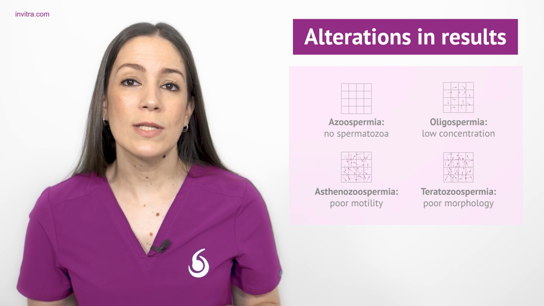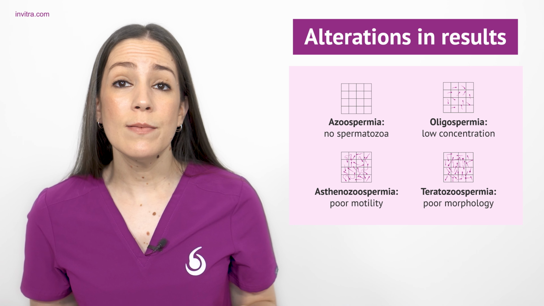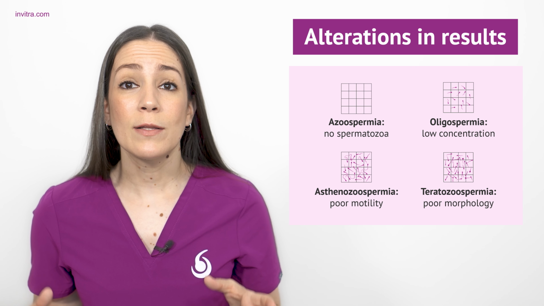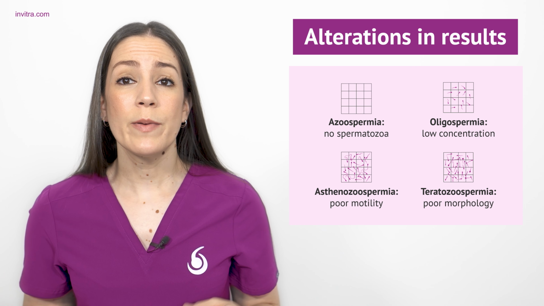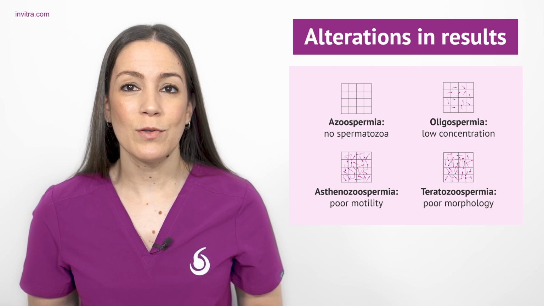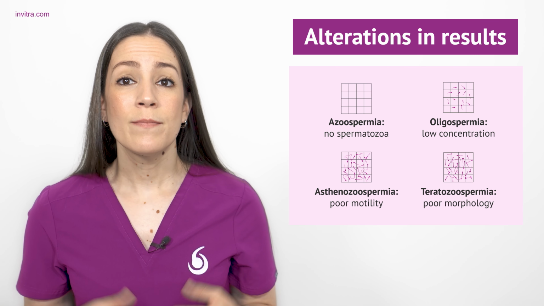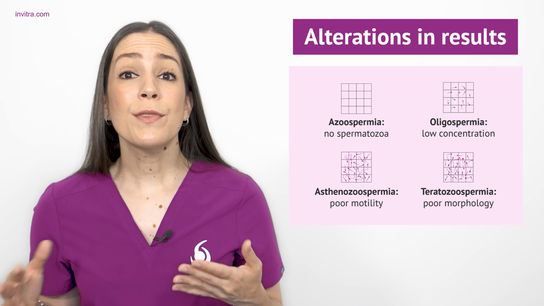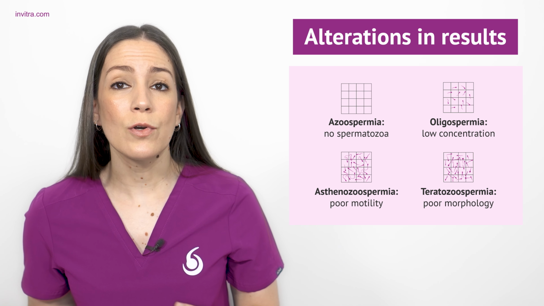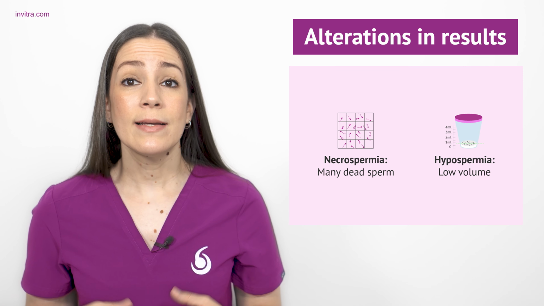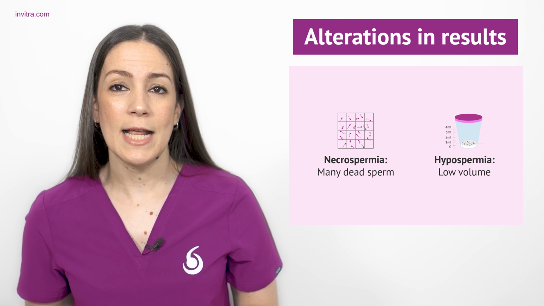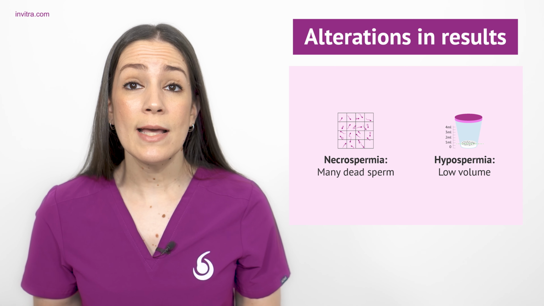In the event that any of the parameters studied in the seminogram are abnormal, some of the possible alterations that could be present are the following: azoospermia, absence of spermatozoa in the ejaculate; oligospermia, low concentration of spermatozoa; asthenozoospermia, problems with the mobility of the spermatozoa; teratozoospermia, low percentage of spermatozoa with normal morphology; necrospermia, a large number of dead spermatozoa; hypospermia, low seminal volume. There may also be combined alterations such as